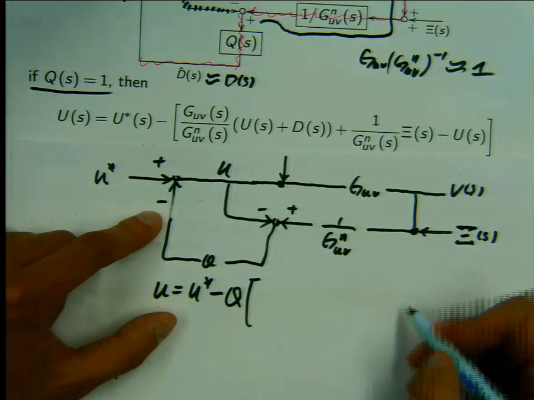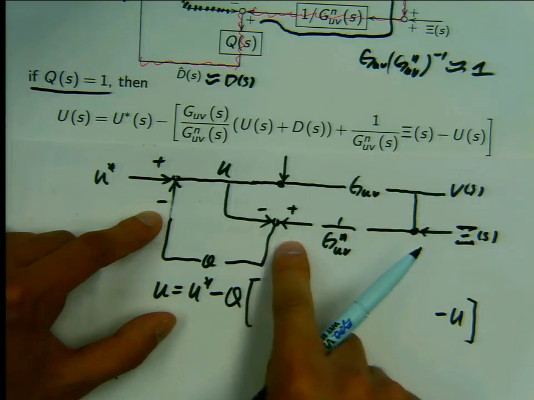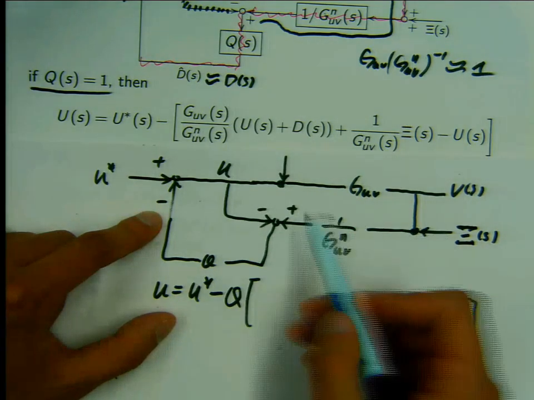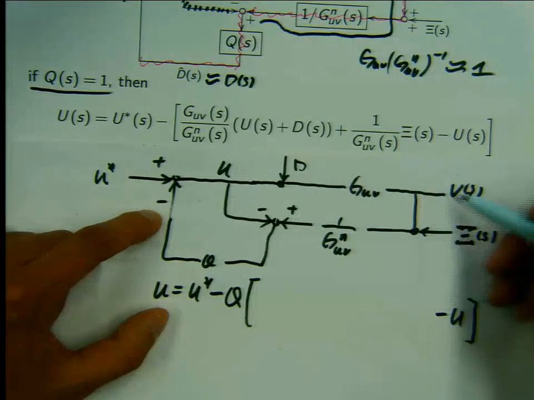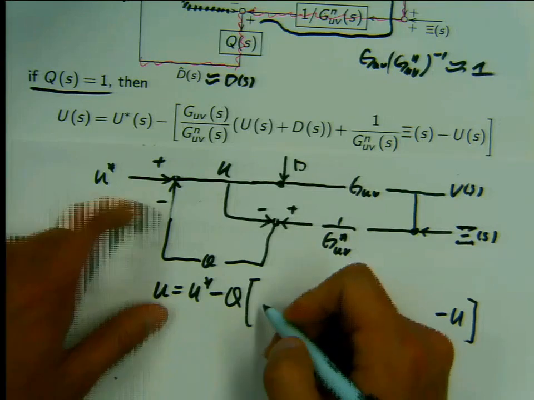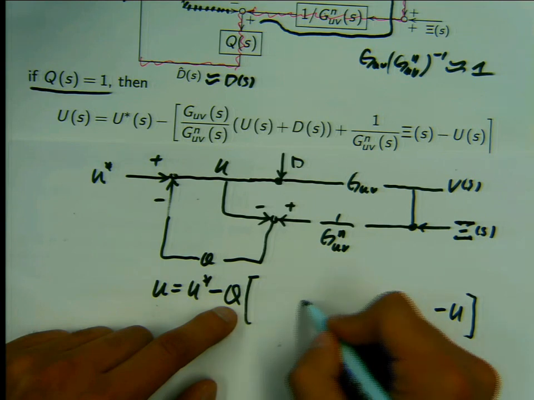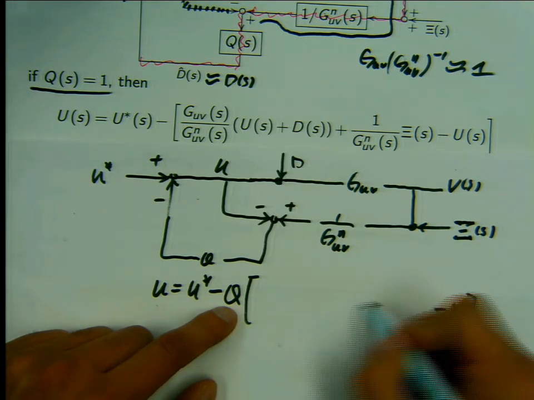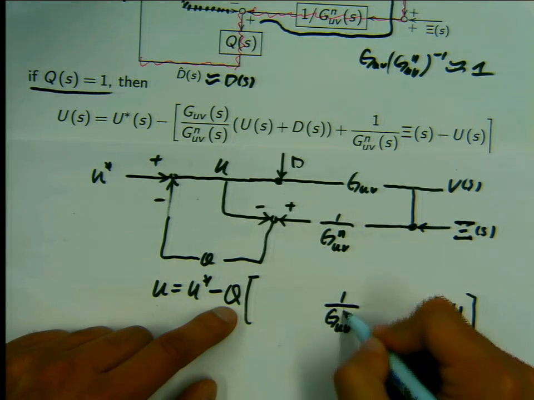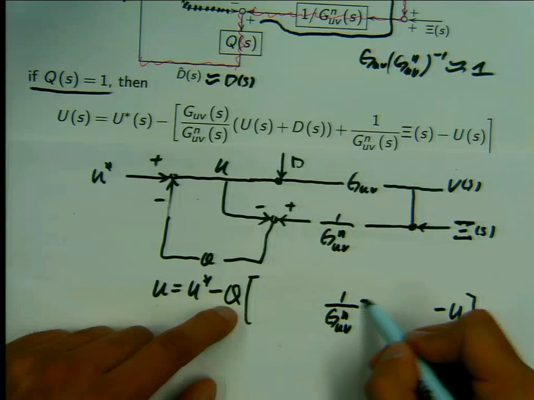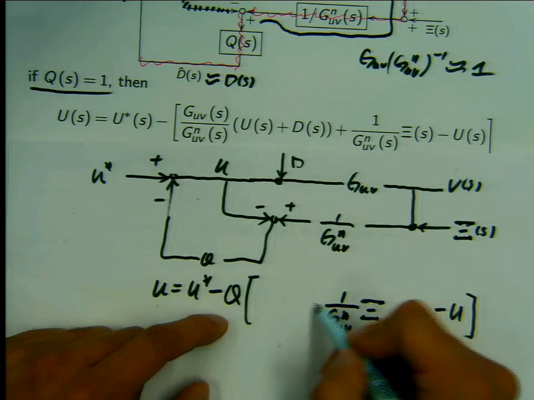So this minus is particularly very easy. So it's minus U. And this plus signal is going to be, this is D. Okay. I'm going to do it a little bit quick. So let me know if this is too fast. It's going to be 1 divided by GUVN times psi, okay, then plus